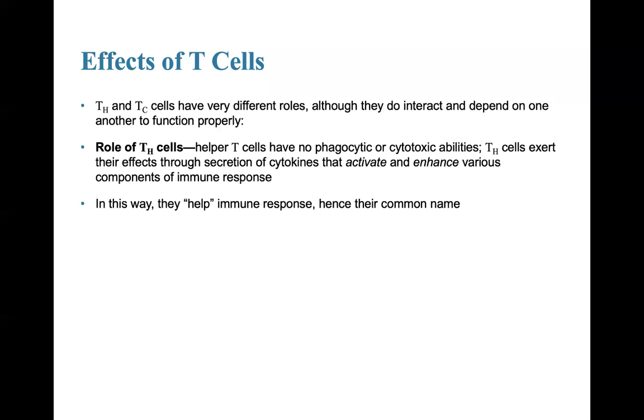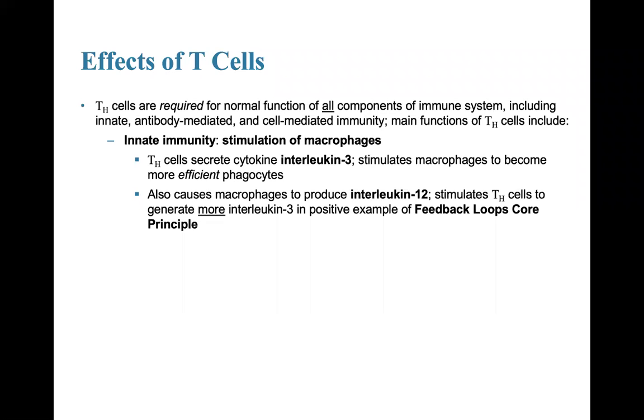Helper T cells and cytotoxic T cells have very different roles, although they do interact and depend on one another to function properly. Helper T cells have no phagocytic or cytotoxic abilities. They exert their effects through the secretion of cytokines that activate and enhance various components of the immune response. In this way, they help the immune response, hence their common name. It's these helper T cells that are required for the normal function of all components of the immune system, including innate, antibody-mediated and cell-mediated immunity. Main functions of the helper T cells include innate immunity with the stimulation of the macrophages,